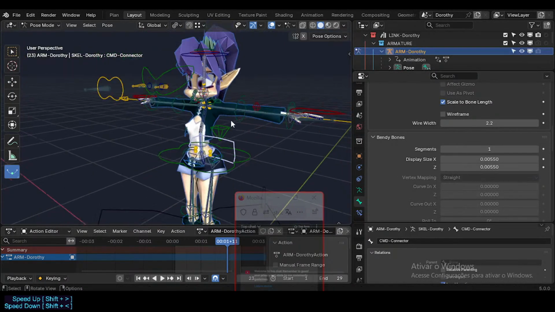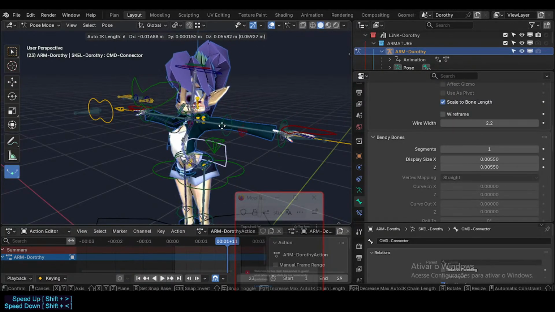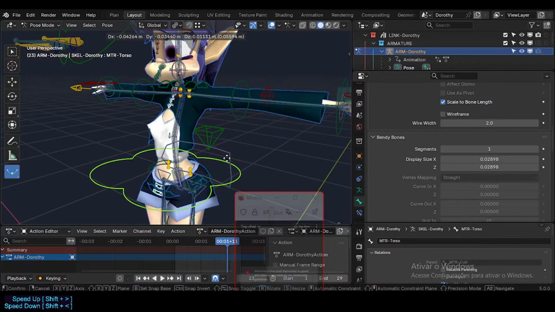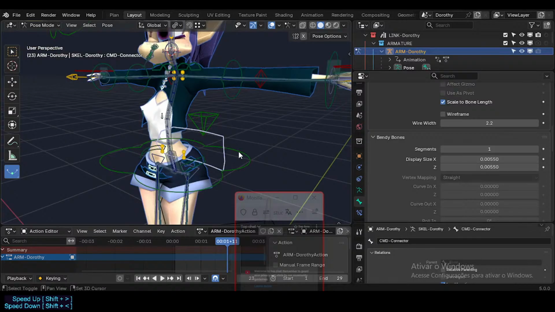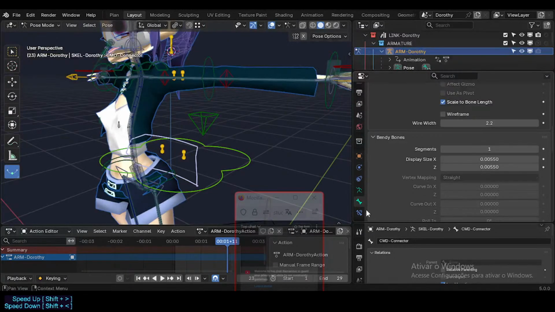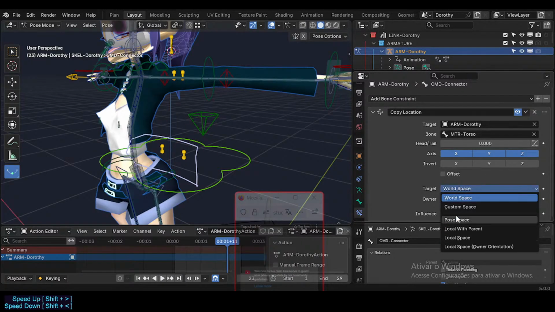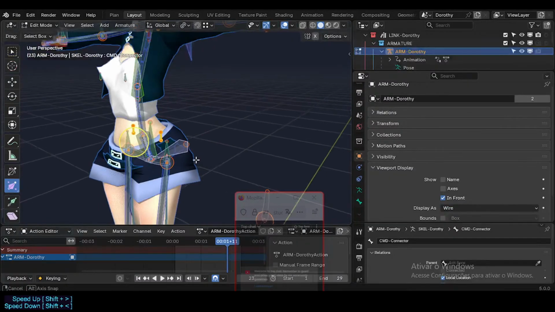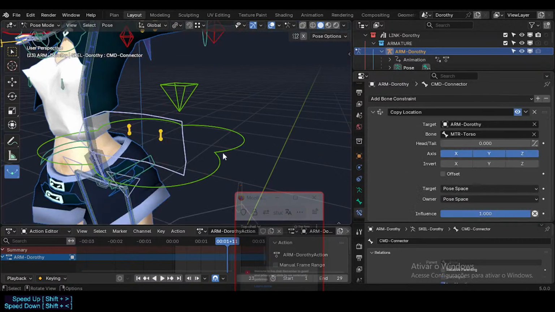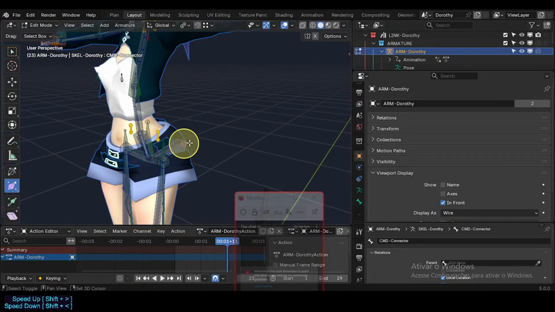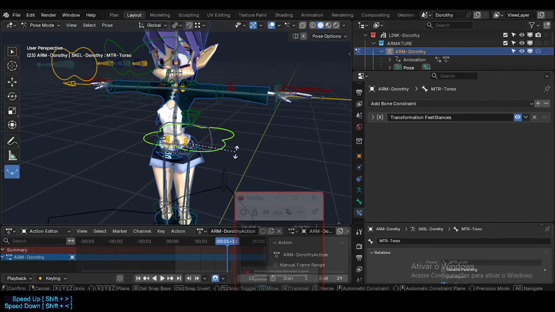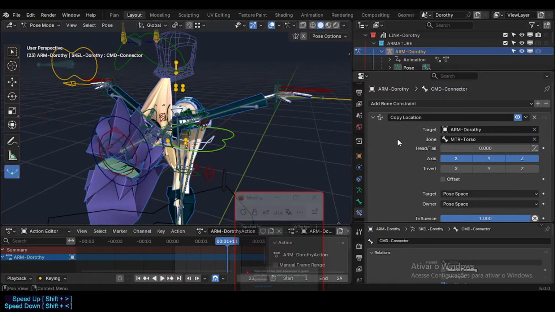It's not really doing the job, but we need to, okay, we'll have a problem here with this torso. So this is just